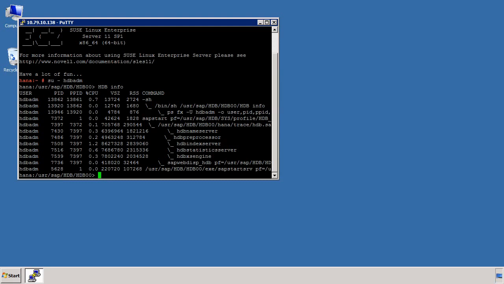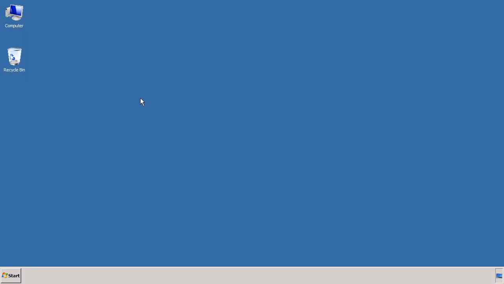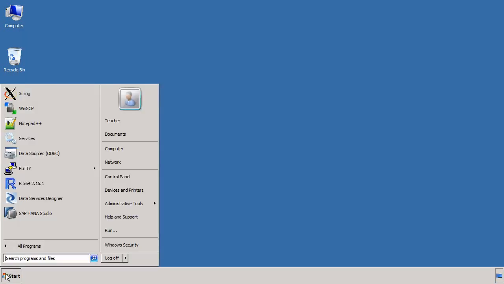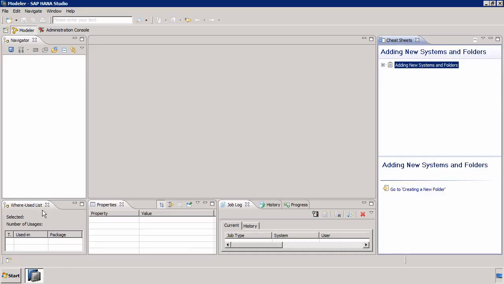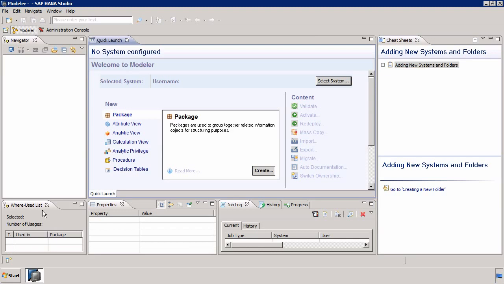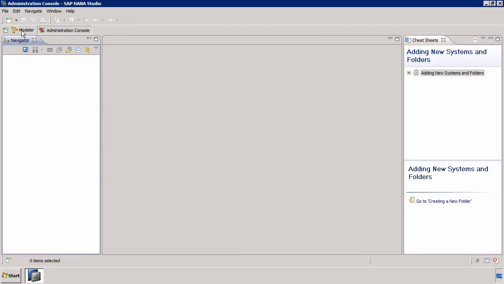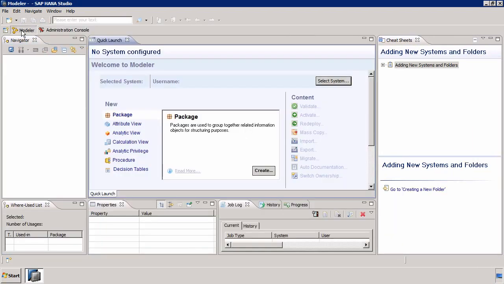So of course now what we want to do is connect with the studio. So I can exit PuTTY and I'm going to launch that SAP HANA Studio. Now this is the default perspective for me when I've launched my SAP HANA Studio, although to be honest, as long as you're in the administration console or modeler, it doesn't really matter which perspective you're in when you add